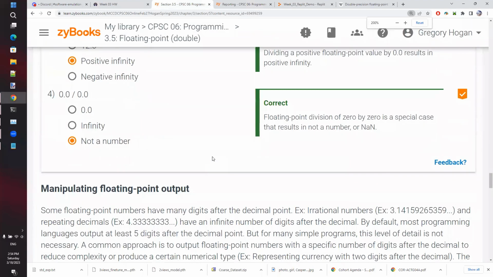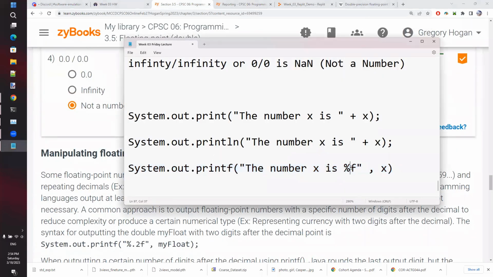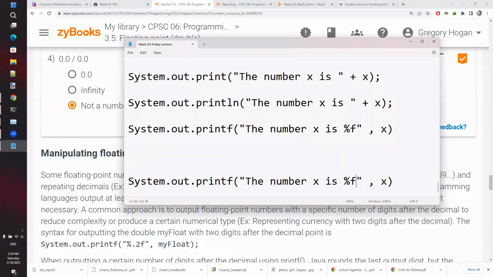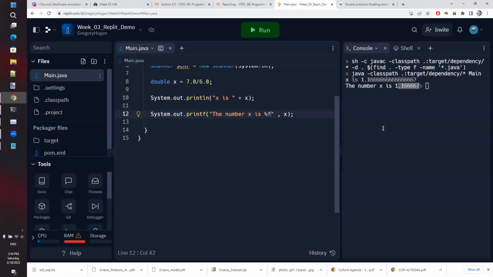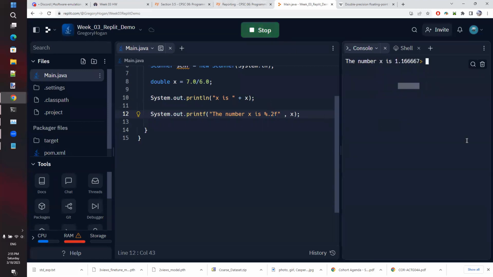So how I have a %f here, before the f you can put something like 0.2, for example. This looks kind of complicated, %0.2f, and that would mean round it to 2 decimal places. So if I go to the code that I have here and I change that %f to %0.2f, and then I run this,